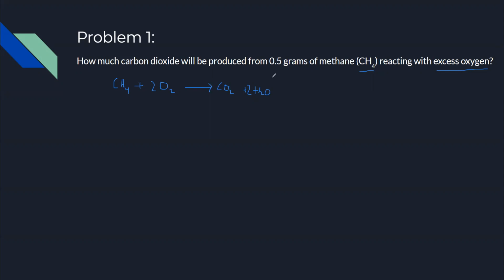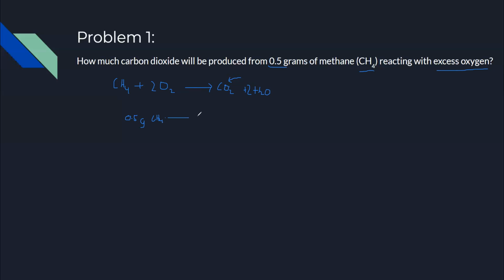Now, what you have to do is see how many grams of methane are used in order to produce carbon dioxide, which you want to find. So you have to basically use the amount of CH4 to convert to CO2. So let's do that. So 0.5 grams of CH4,